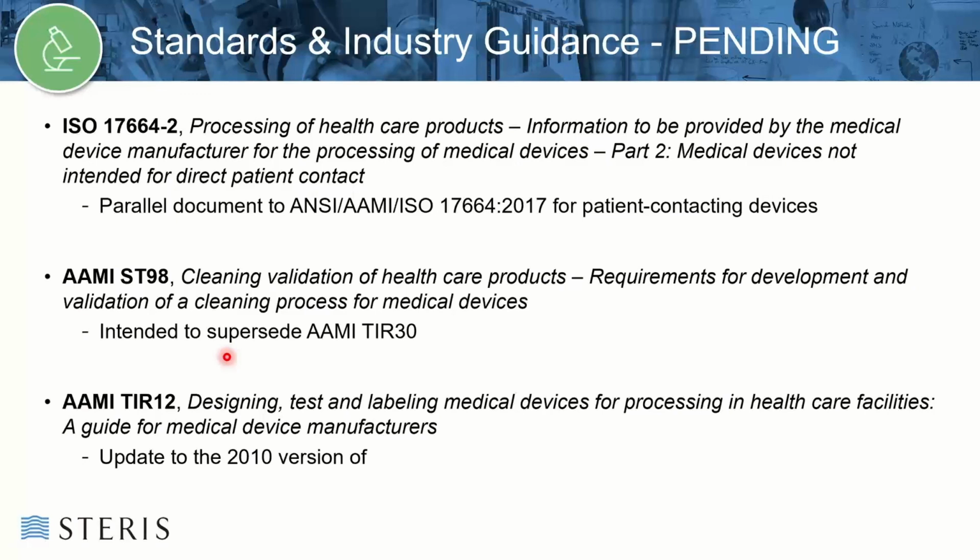And then TIR 12 has also recently undergone revision and will be published very soon. This updated version has some very specific verbiage in it regarding the differences between interim disinfection and terminal disinfection, which I'm glad to see. A lot of the stuff in TIR 12 that used to deal with cleaning processes has been vastly reduced because they were aware that ST98 was coming, so they didn't want to duplicate the work or contradict anything that ST98 says. So a lot of the stuff in TIR 12 that used to deal with cleaning has been pulled out, and it's now dealing primarily with disinfection and